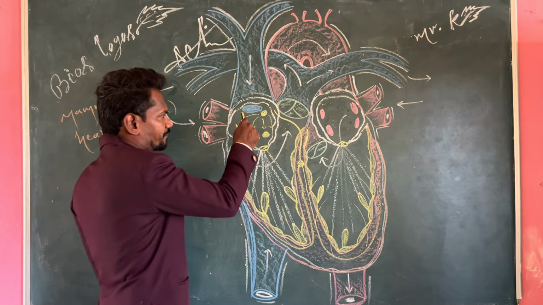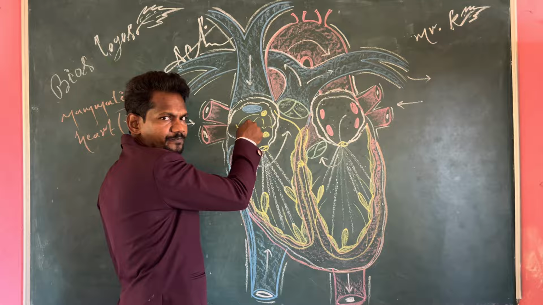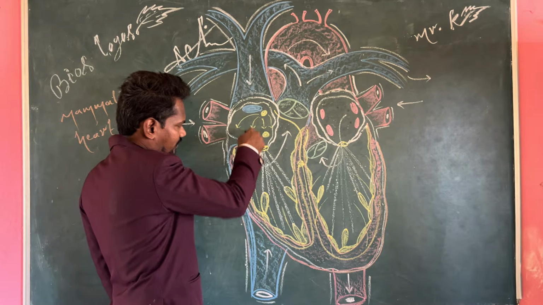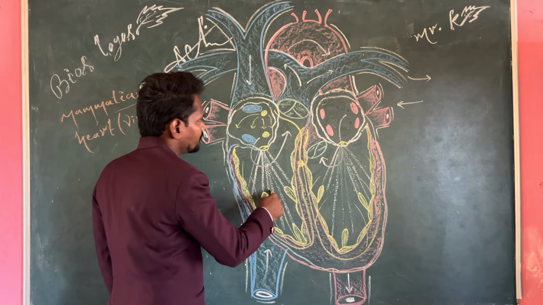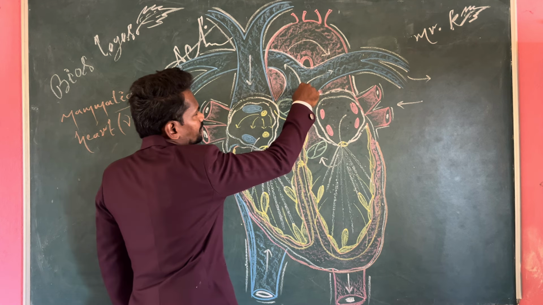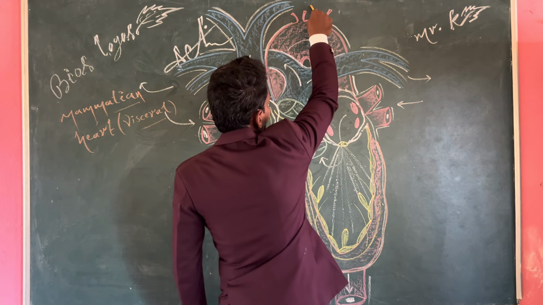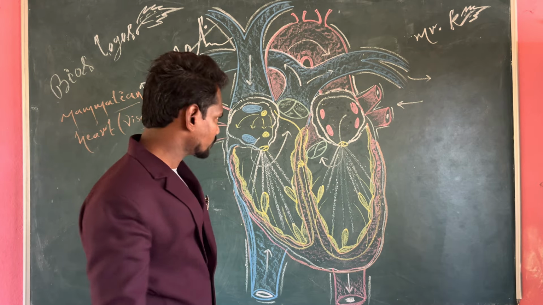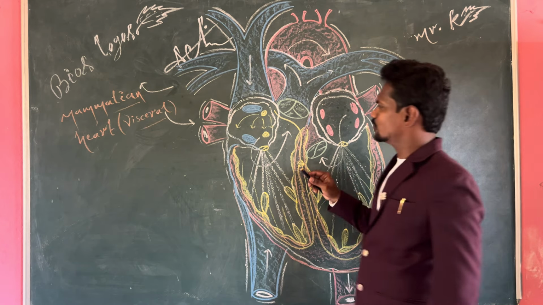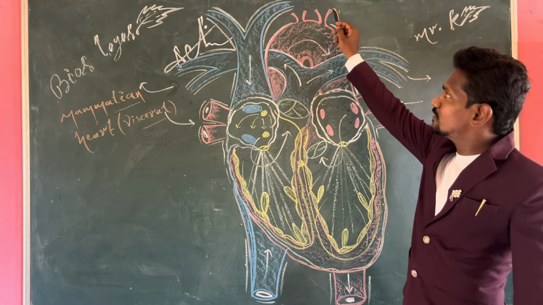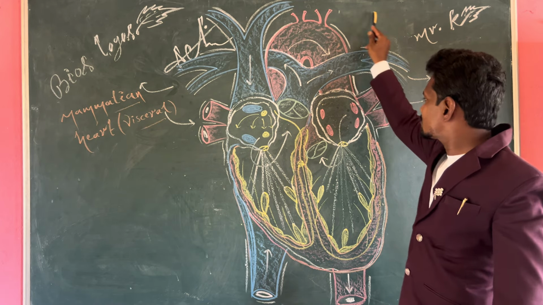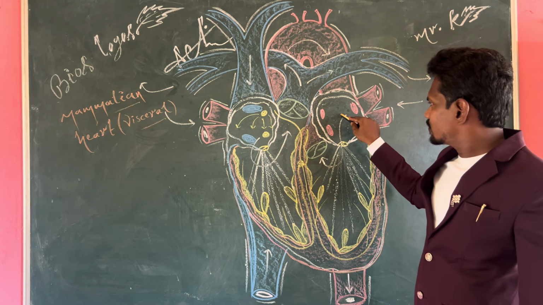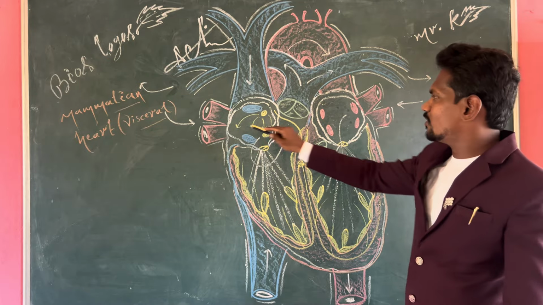In the sense, from the auricle, the carbon dioxide rich blood reach up to here, from there reach up to here, and from there reach the lungs. That is called pulmonary circuit. Then after pulmonary circuit, the oxygen rich blood from the lungs reach left auricle with the help of